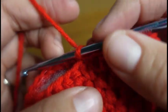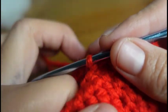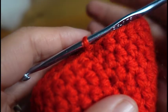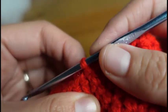All right, guys, now this part is gonna be so hard to film, but I am going to try my absolute hardest to keep the camera in focus as I'm doing this. I'm gonna have to find a new way to crochet because I really want to let you guys be able to see what I'm making. So